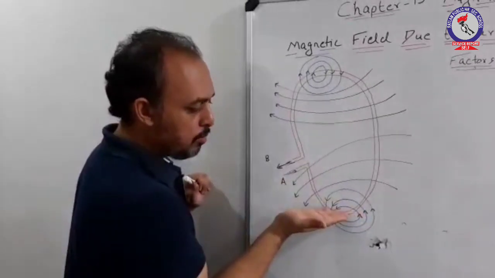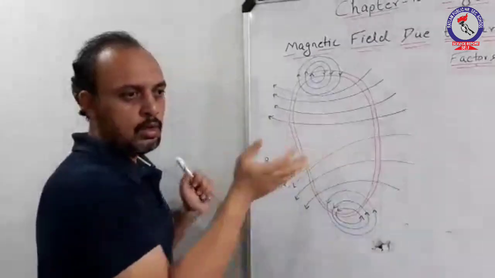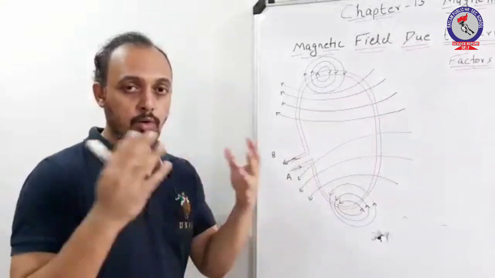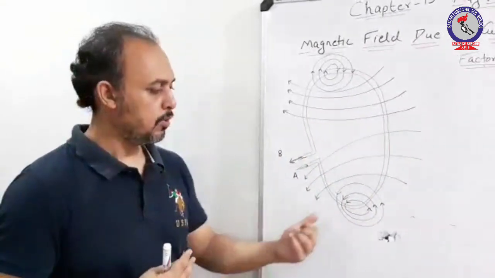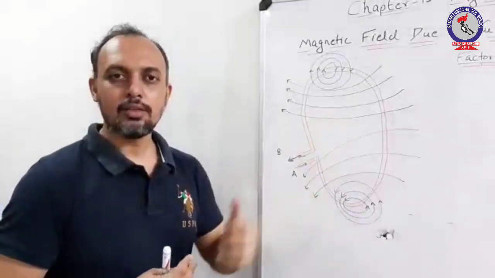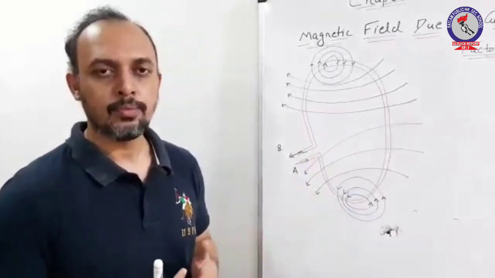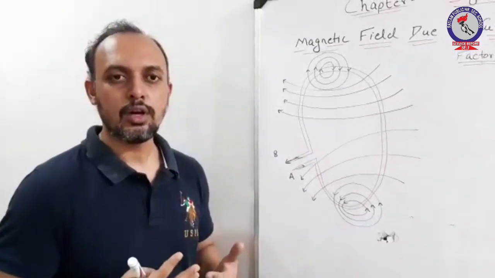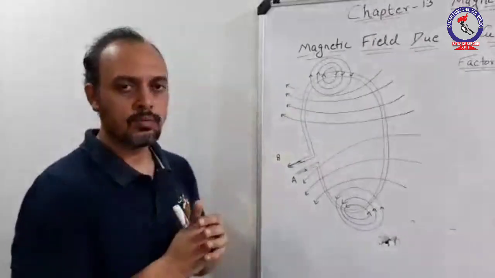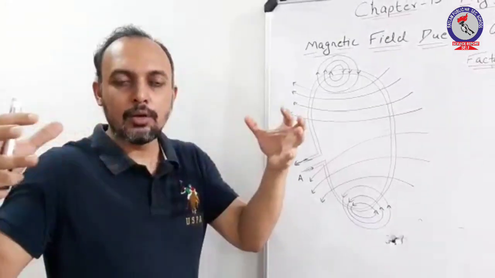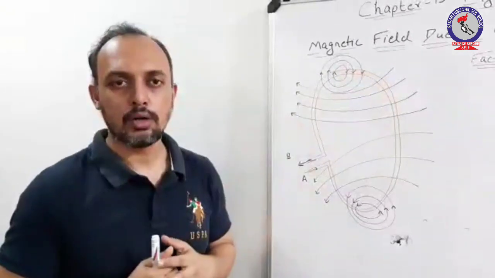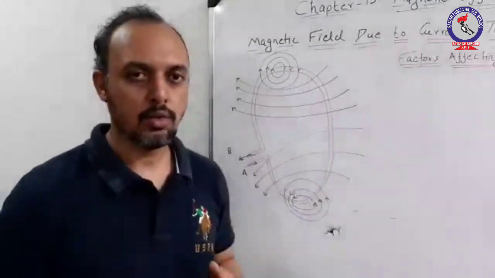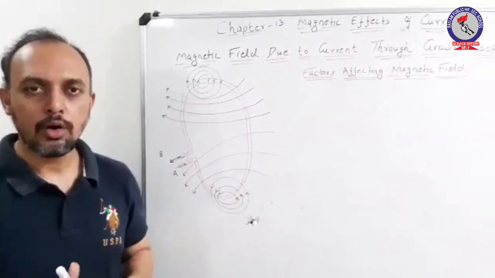As you move from the end towards the center, the lines of forces expand, and it is observed that if you are going through a large coil, from these ends towards the center, at the center the lines of forces almost become straight. Hence we can say that the lines of forces are actually not straight, but they appear to be straight at the center, as the concentric circles become bigger and bigger as you move away from the conductor. Depending upon this concept, we can easily observe the factors on which magnetic field due to a circular coil depends.